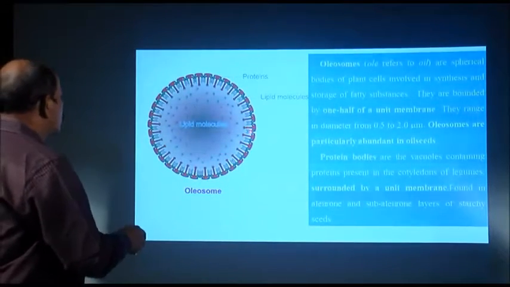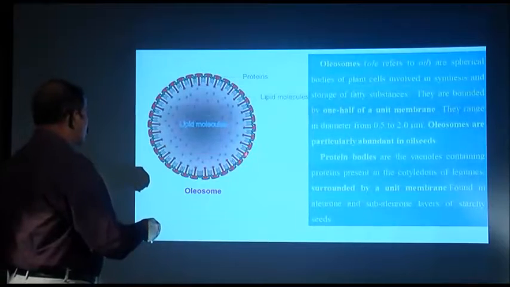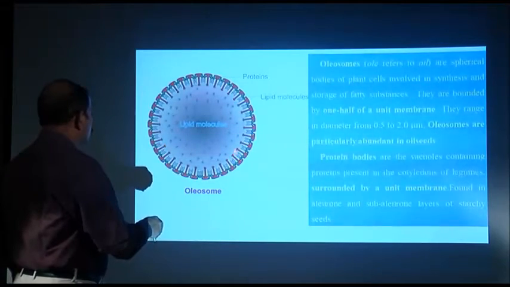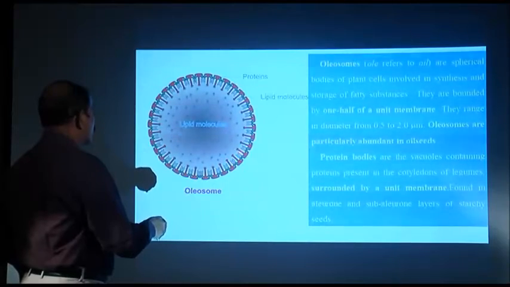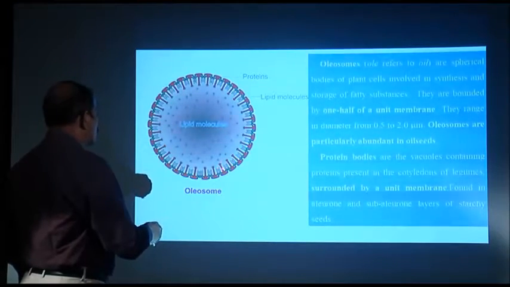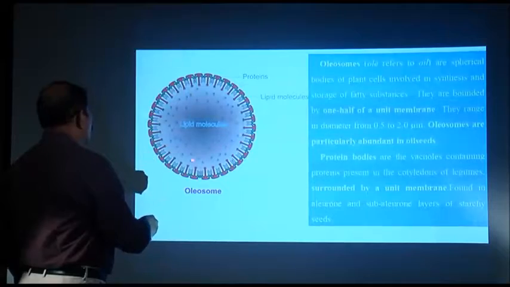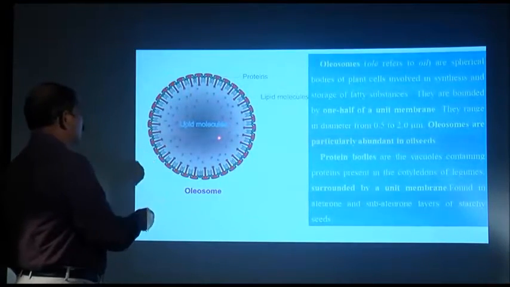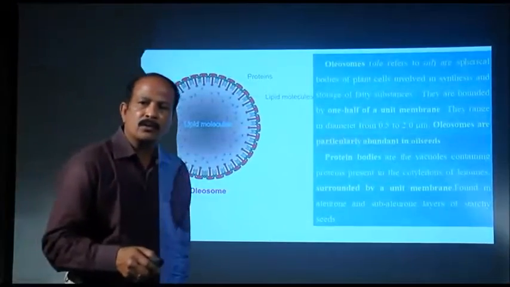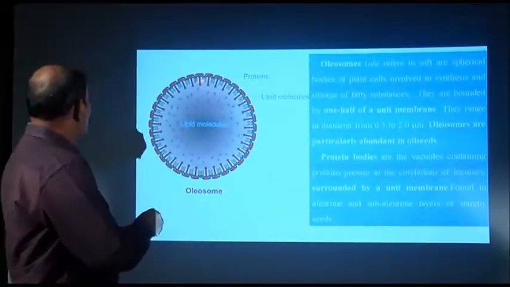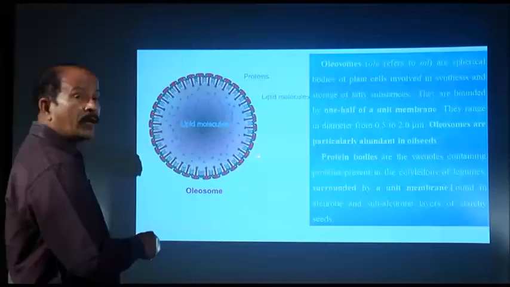If you look at this structure, this is the hydrophilic region, but this region, the tail of the phospholipid, is hydrophobic. That is why these hydrophobic tails are in contact with the hydrophobic lipid molecules. So, therefore, oleosomes are organelles surrounded by half a unit membrane,